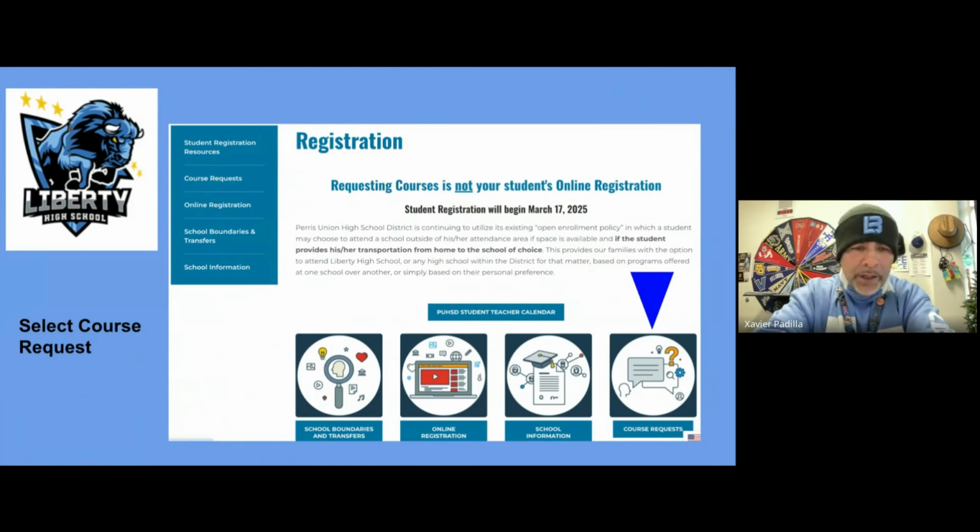So if you look at the one icon that states school boundaries and transfers, most of our students in our feeder schools, which is Bell Mountain Middle School and Harvest Hill STEAM Academy, most of those students will be going to Liberty. But if you and your family are not sure whether or not your child is going to Liberty, that one icon that states school boundaries and transfers, that's what you want to click. You want to click on that. You'll put your address in there, and then it will populate what high school belongs to your family. And hopefully it's Liberty, okay, part of the herd, okay?